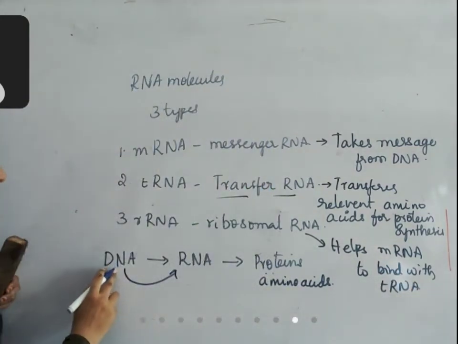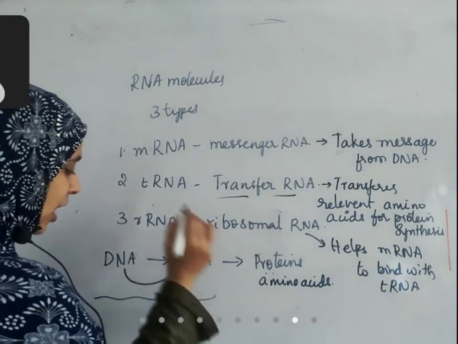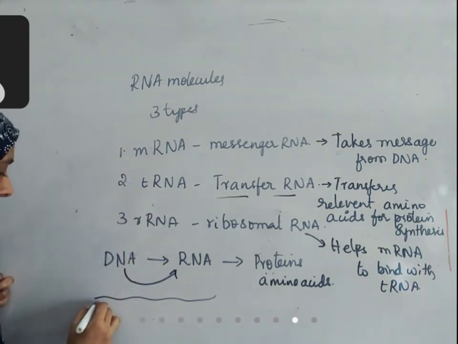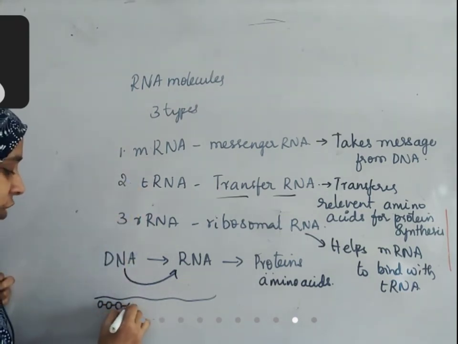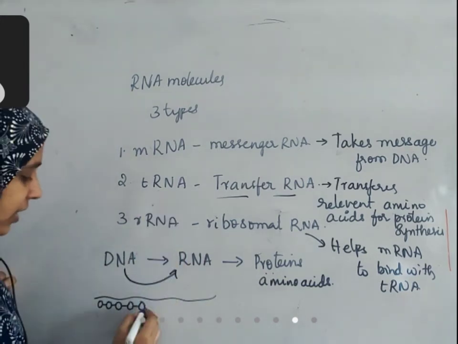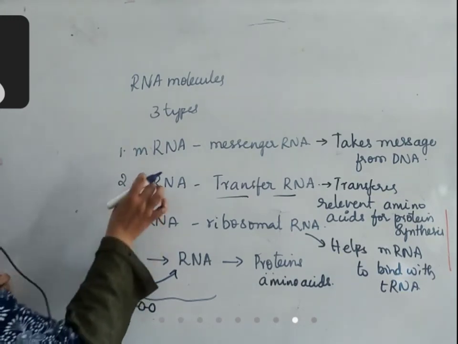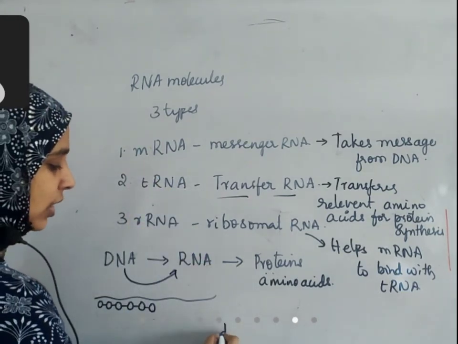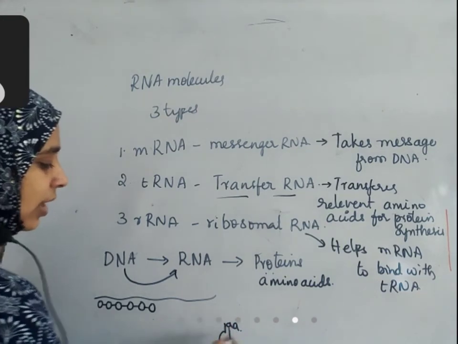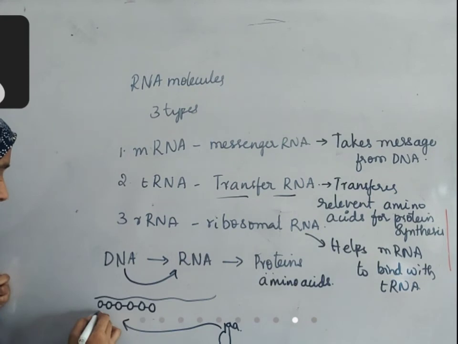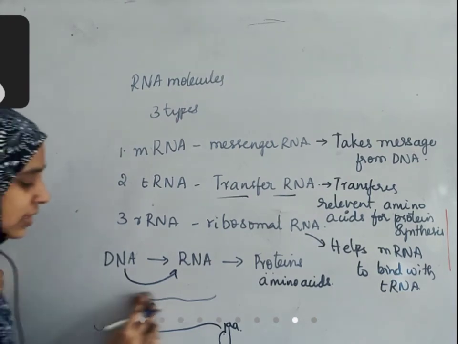So near the DNA molecule, let us take this as a strand of DNA molecule. First, messenger RNA will start accumulating here to study the structure of DNA. And when the DNA structure is studied, immediately which amino acid should bind with this will be understood, and transfer RNA will go to the cytoplasm pool, collect that amino acid and bring it here. When it is bringing it here, rRNA is ready to help bind these two and form the protein. So here that amino acid will come. When these two bind, the amino acid will come. So that is how protein synthesis occurs.